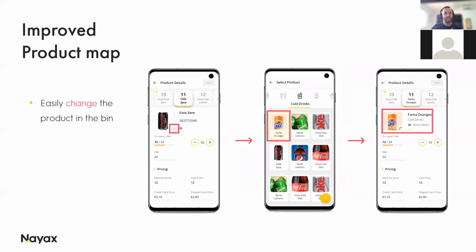Now, another great feature, great hidden feature, I'd like to say, that you have on the product page is the ability to change the product that is in the bin from product A to product B. So let's say, for example, that I have, as you see here, Cola Zero in bin number 11, and I want to change that into Fanta instead. Now, all you need to do in order to change a product in a specific bin of the machine is to click on the switch icon at the corner of the image,